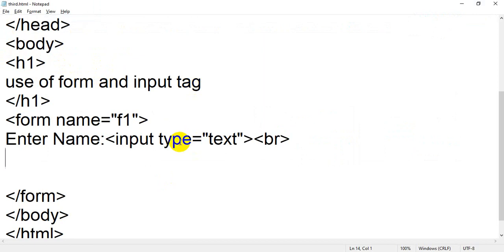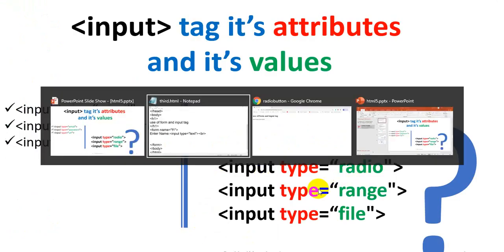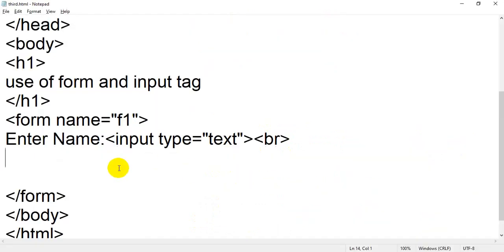Again I am back to my text box and I am going to add this type. What is the type? That is input type equal to radio. As I told you at the start of this lecture, input type equal to radio is used for a group, and in that group you can choose only one value. For example, I want to assign gender.